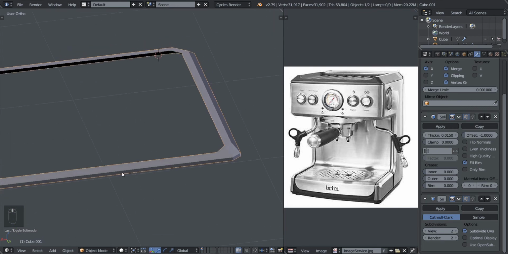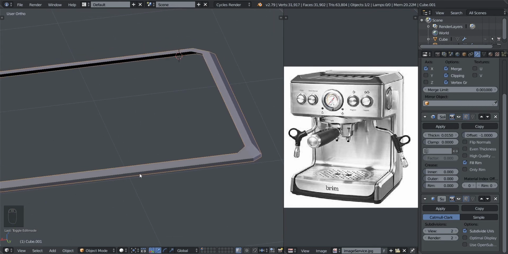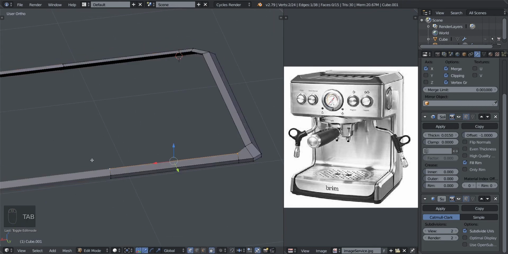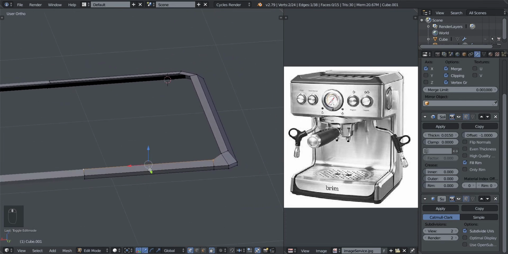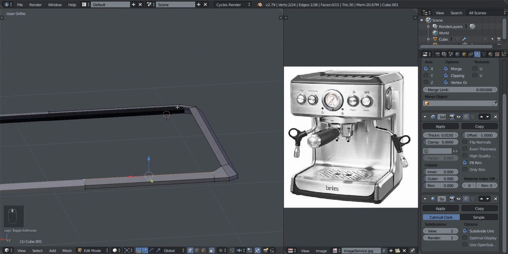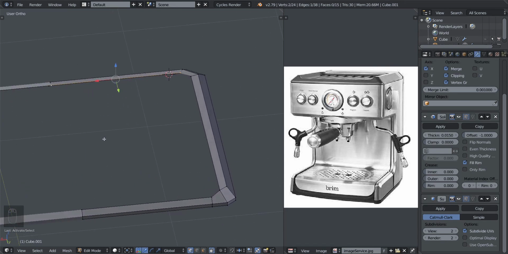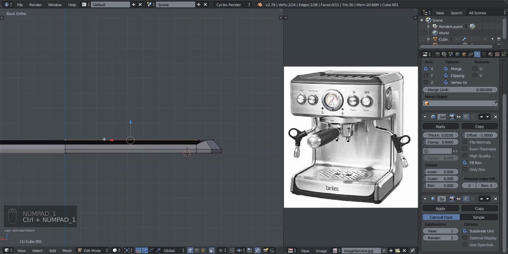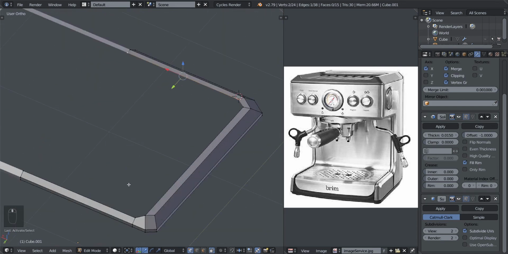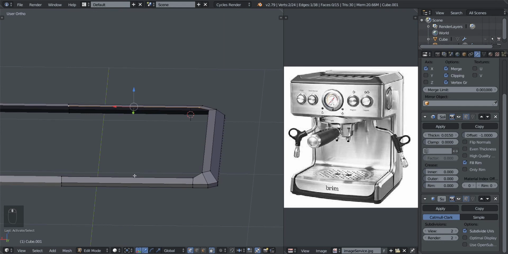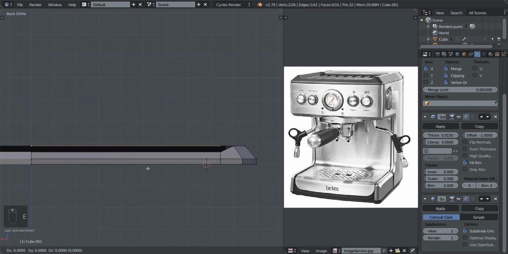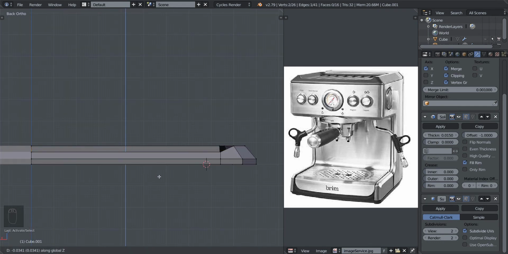So this is what we have now. So here's what we're going to do. We are now going to select this edge here, this edge right here, these two vertices, and we're going to move this up, and we're going to go to the front view, so the front of the cutout here. So just go to the front and then press E and then Z to extrude down in the Z axis,